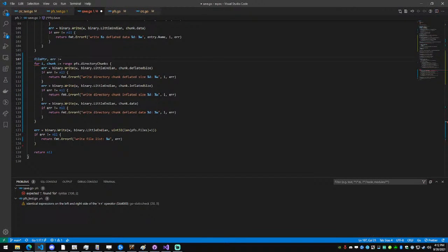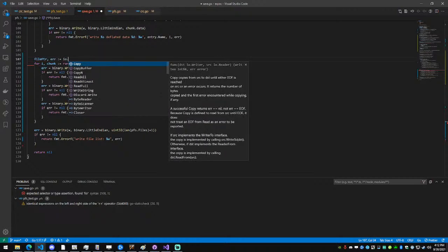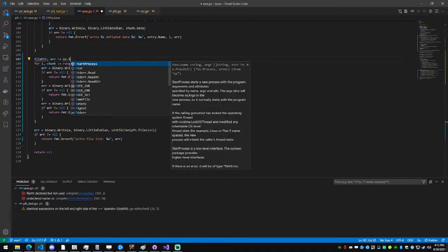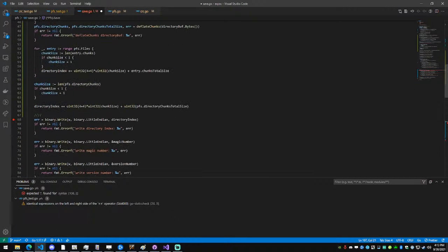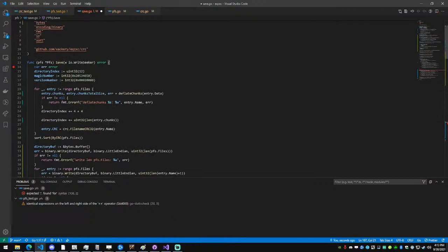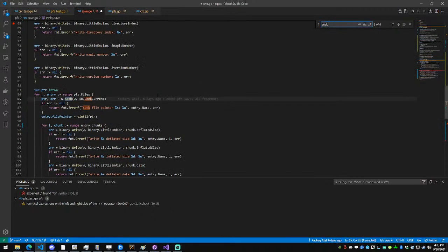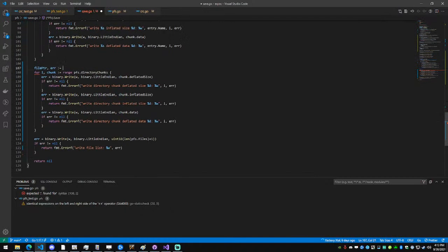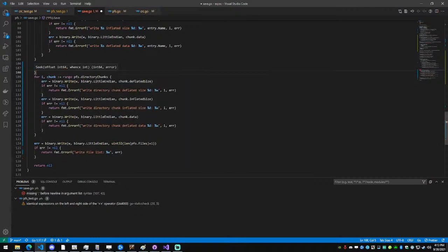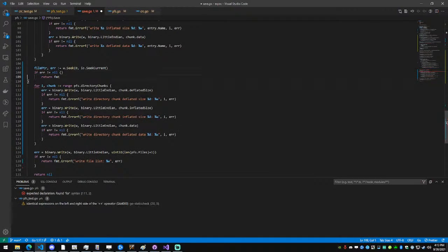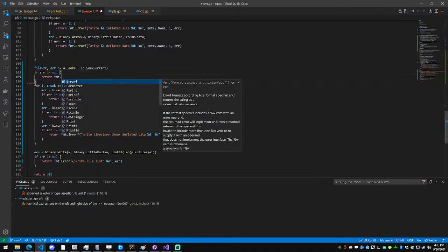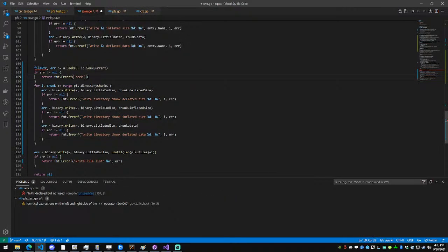That would be OS seek. I'm trying to remember what the seek command's under. Why am I having a brain fart? It's W. Oh, it's on the writer itself. And then it's like IOC current. If error is nil, return. Oh, come on. I don't like my keyboard. Seek